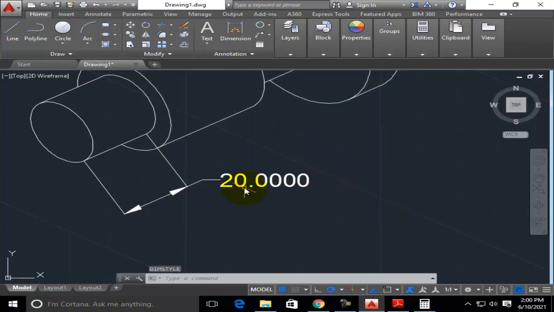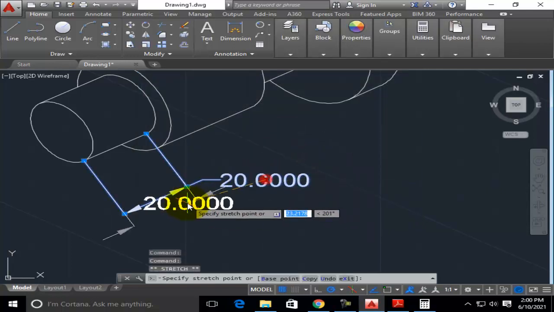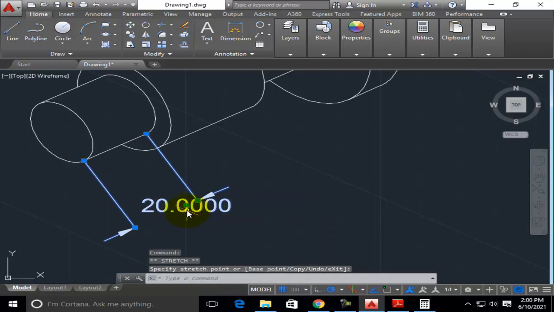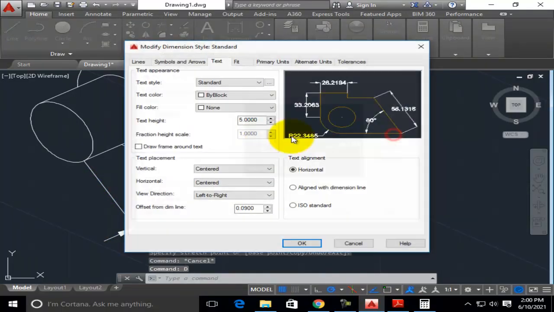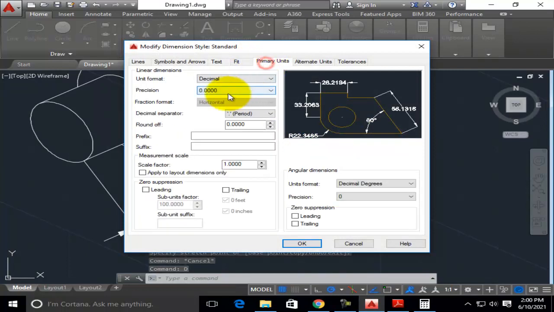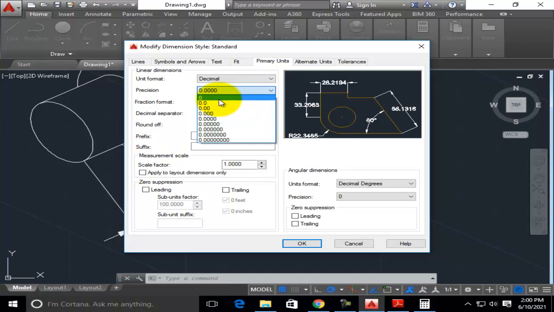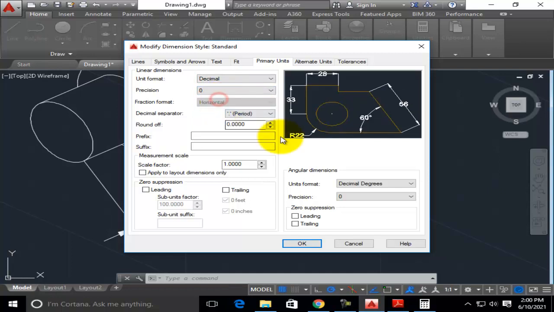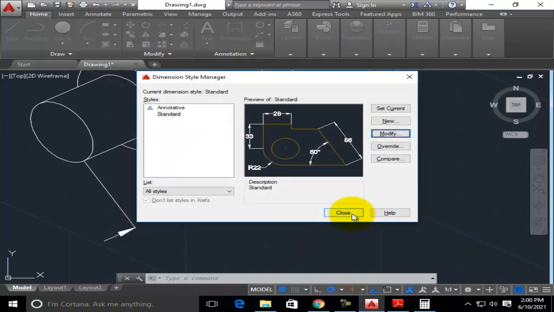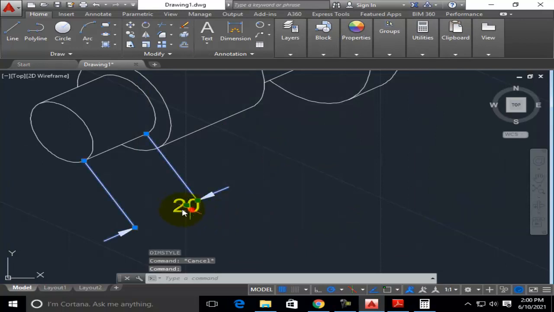It will change accordingly. Also you have to change one more thing: go to modify again, primary units. Instead of precision as 0.0000, change it to 0 alone. Close.